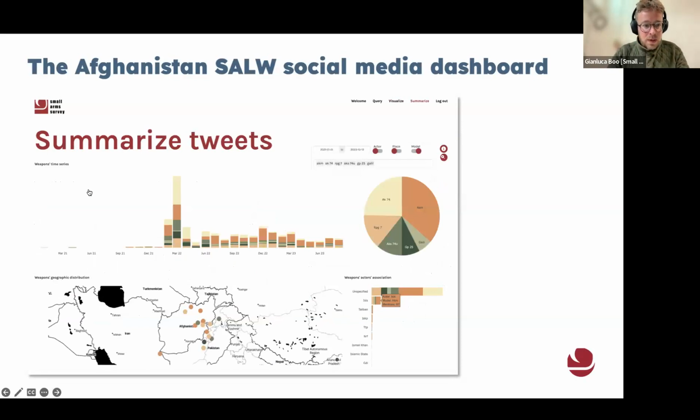And here you can see first we have a time series where you can see the mention of specific types of weapon over time. You can see the proportion of weapons, and here I have to mention that I am only showing six, and you can see them above, but you can select others if you're interested. There is a map where you can see where these types of weapons are mentioned, highlighting potential